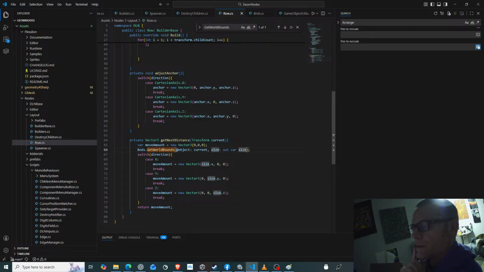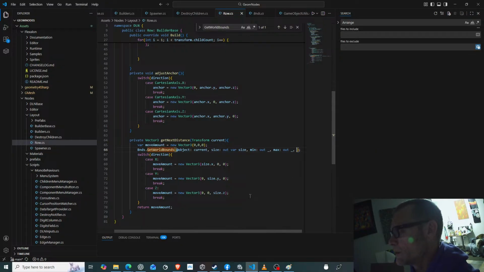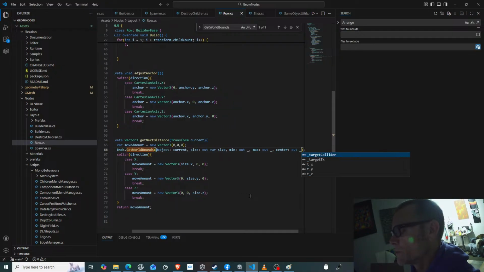Get world bounds, current, out var size, and then we want min is out, max is out, center is out. That means we don't want those. So from here,